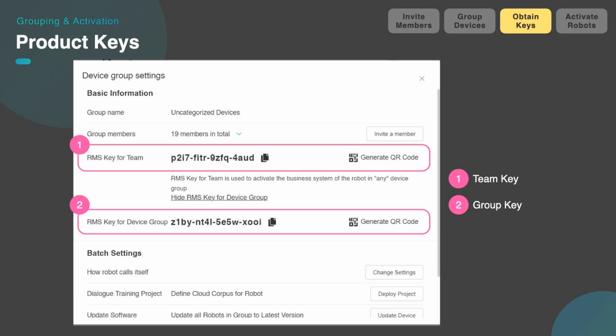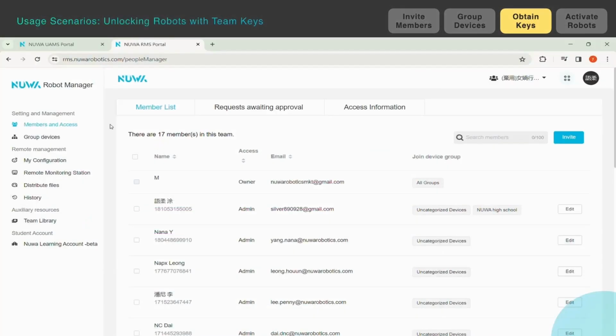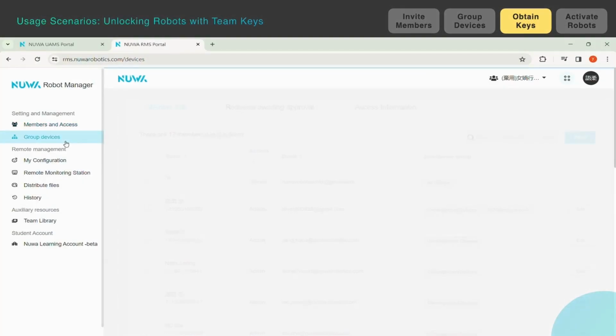In addition, each device group has a separate group key. If a group key is used to activate the robot, its permissions will be restricted to the scope of its assigned group. If the robot is moved to another group, it will disconnect from Robot Manager and the key will need to be re-entered. The way to obtain the team key: go to the Group Devices,